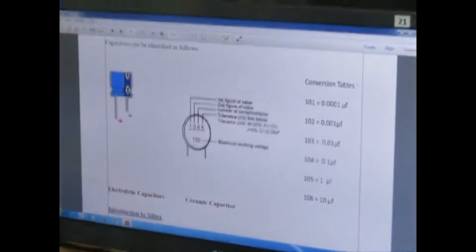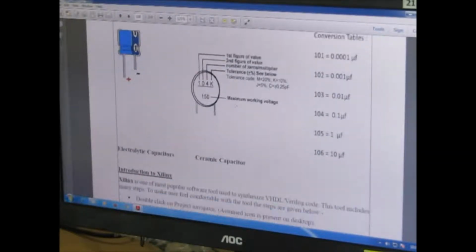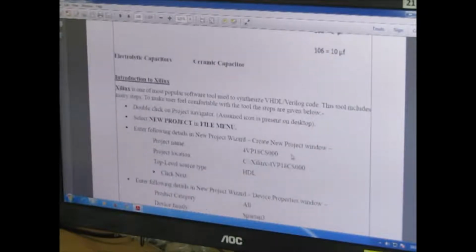We will have only the capacitor and the capacitance value, and on its printed body we can see the maximum voltage it can handle. It does not have any plus or minus; that is the ceramic capacitor. You can see this is electrolytic and this is a ceramic capacitor. 104K means it is 0.1 microfarad. We don't bother about these things because in our capacitor only the value is mentioned. It is for your understanding that we have given it in this PDF.